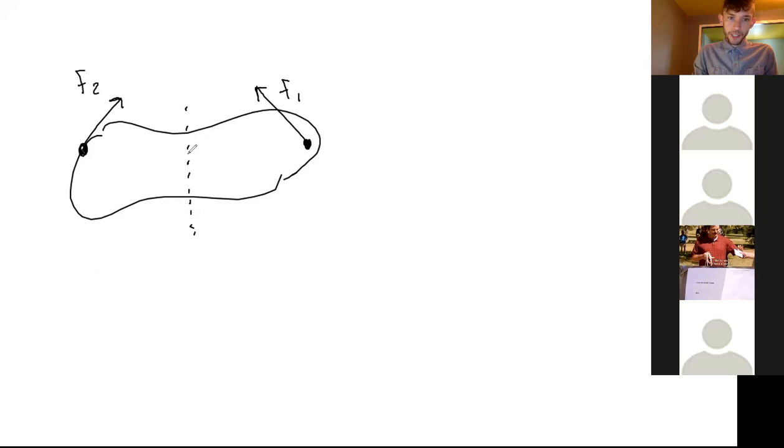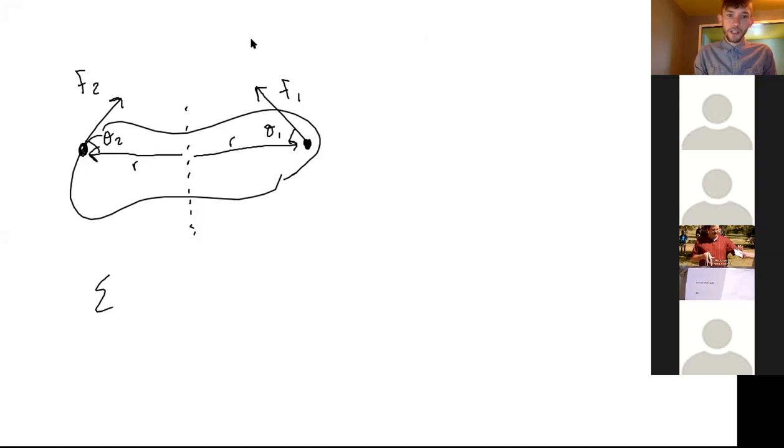So let's just do this. Let's say here's the axis of rotation. So here's my r vector, and then here's this r vector. Let's say this is theta 1. Let's say this is theta 2. And let's say that they're the same distance away, that the r's here have the same value. Then according to Newton's second law for rotation,